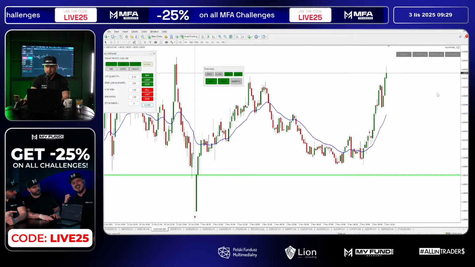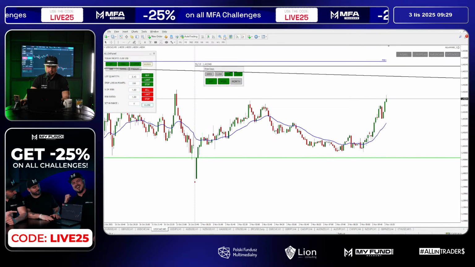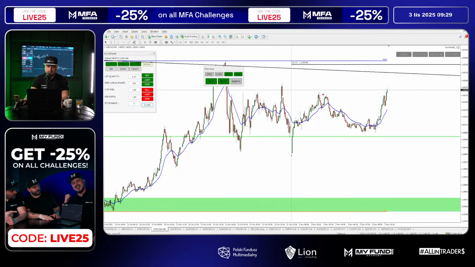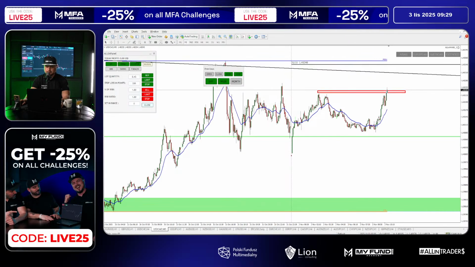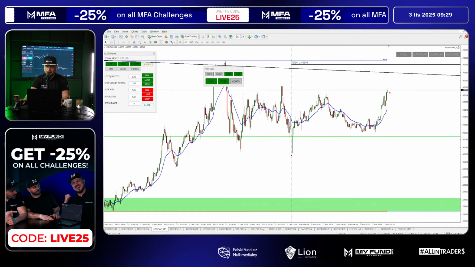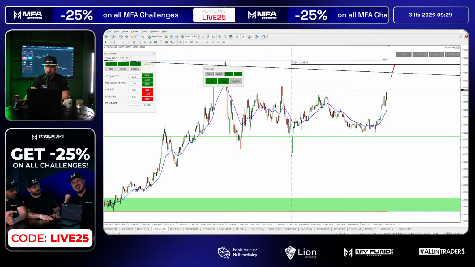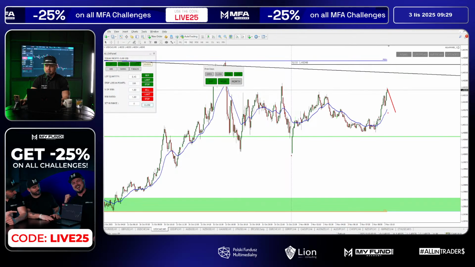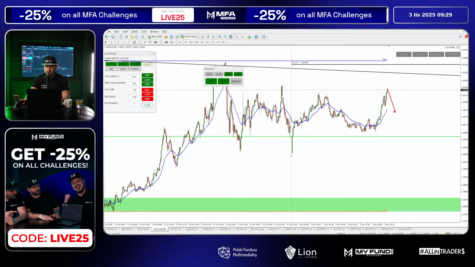Okay, let's move to 5 minutes time frame. I want to see if we got any space for this trade. This is today's high, so we got breakout now, but I don't want to open position at this moment. Probably they will get there, but to be honest, it would be much better to go a little bit lower